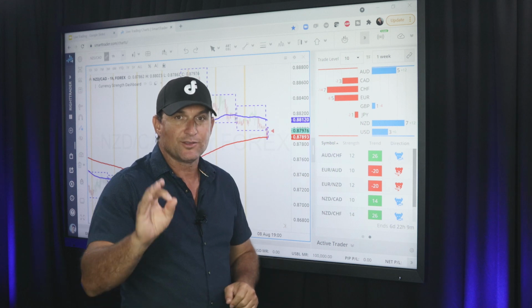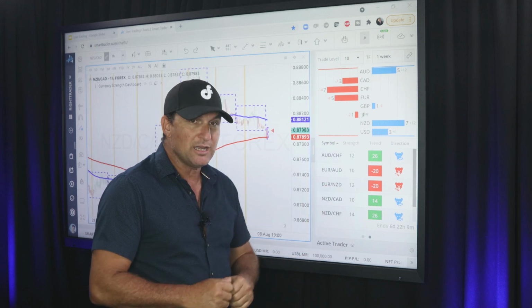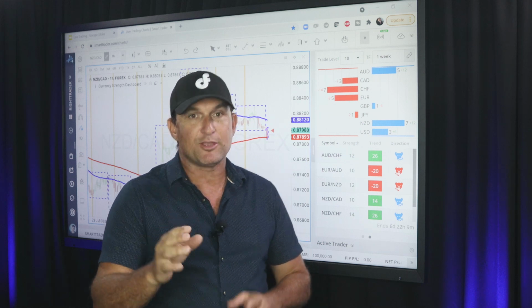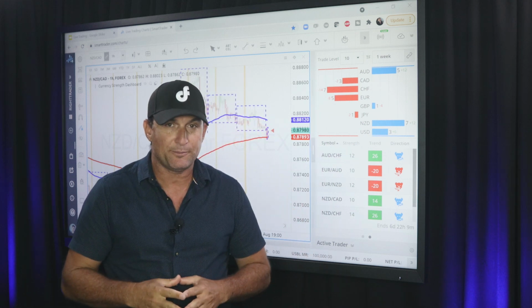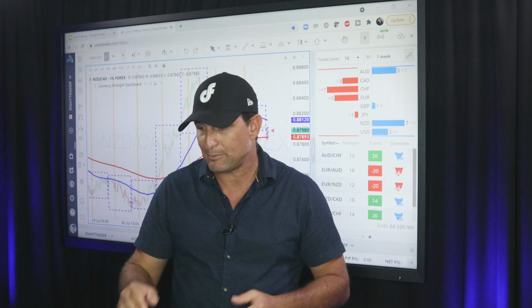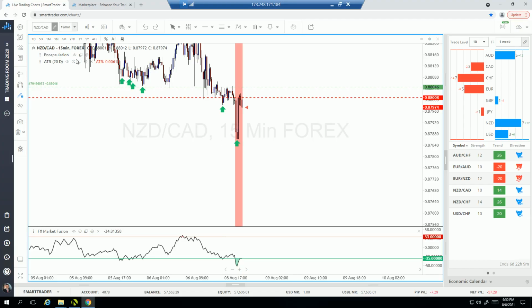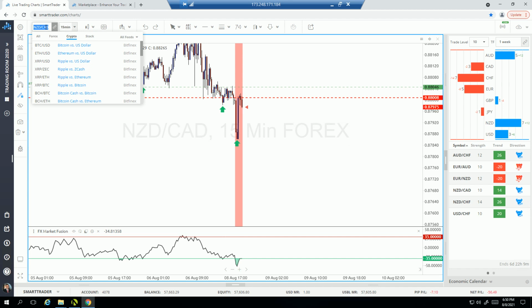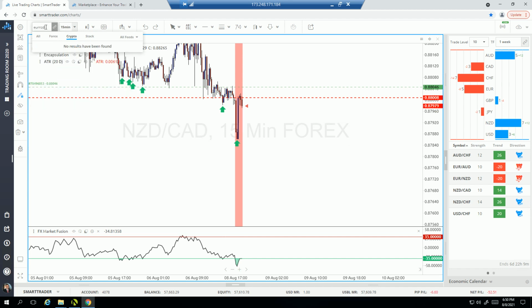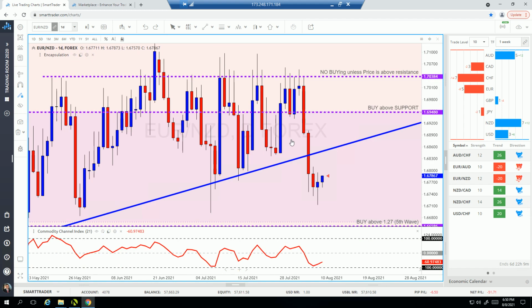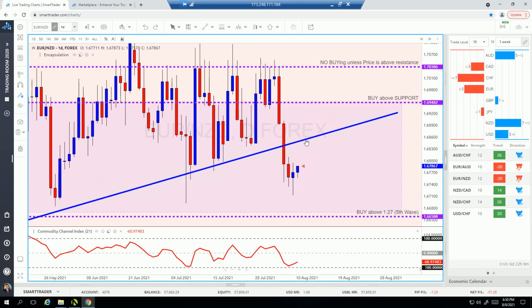Euro Aussie dollar, same thing. Euro New Zealand dollar, same thing. Looking for a correction before the market moves back. Remember, the Euro New Zealand dollar could retrace back up to that trend line. We spoke about that trend line, and if you go back to the chart right here, to Euro New Zealand dollar, you'll see on the daily time frame, we're looking for price to move back to that trend line